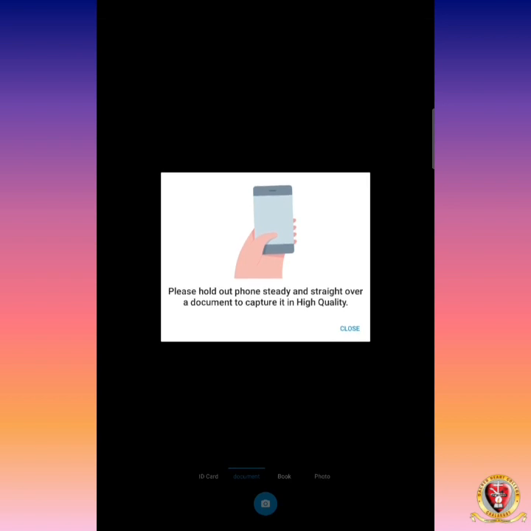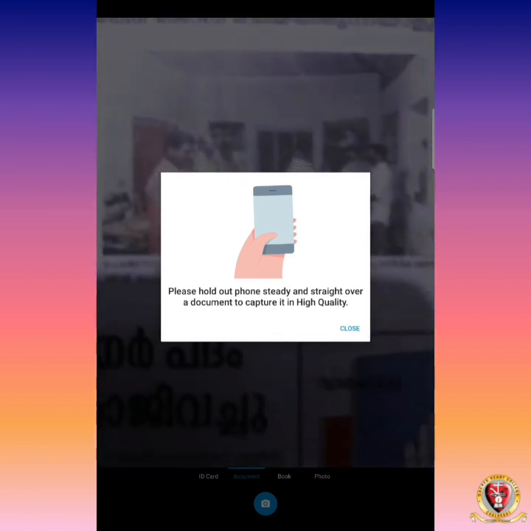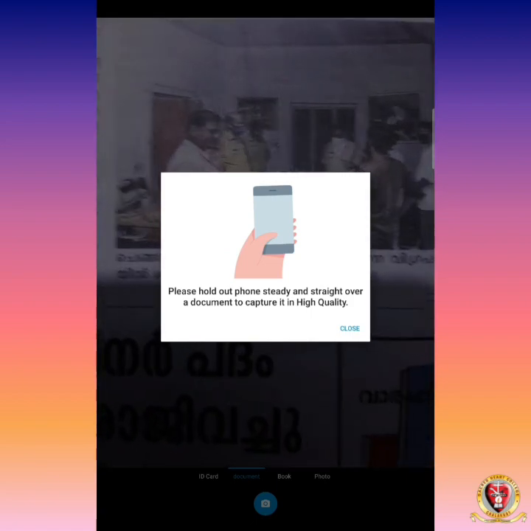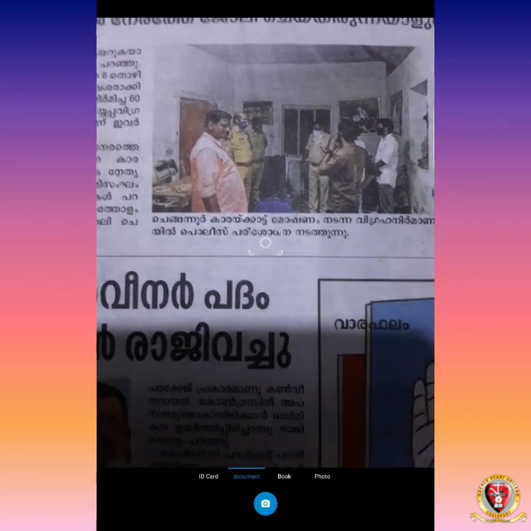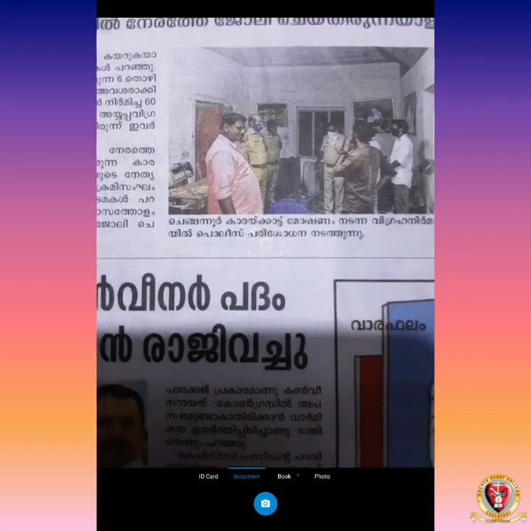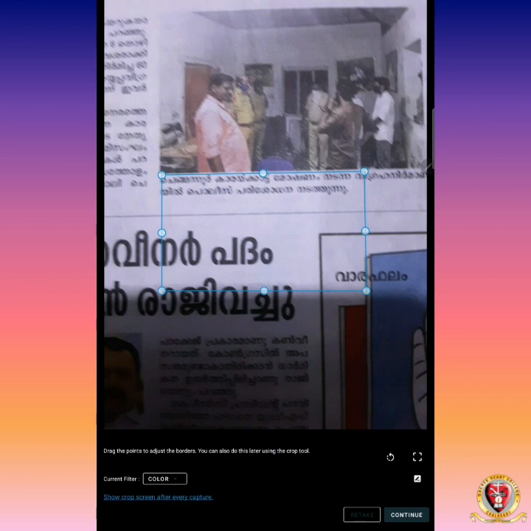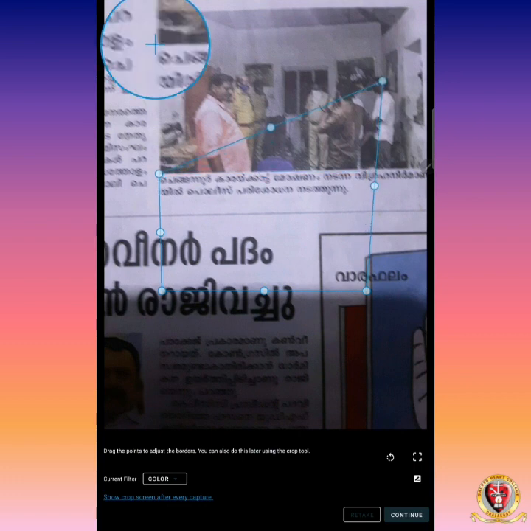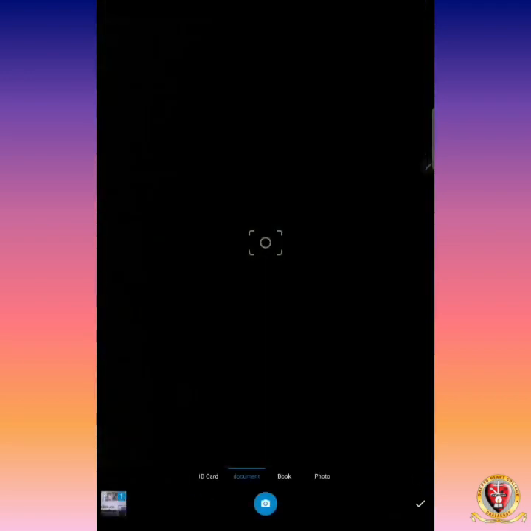They will give many commands: please hold your phone steadily, then stay straight over the document to capture it in high quality. So you need to place it neatly, and I am scanning in document mode. You can click to take the photo. It will choose one area. If I am not satisfied with this, I can go back or retake, or we can continue. Like that we can scan a document.